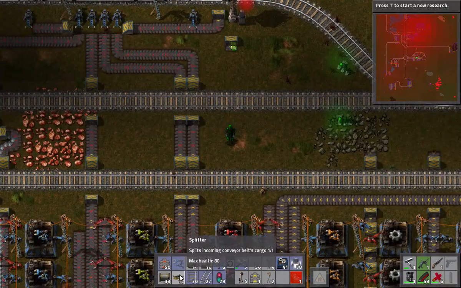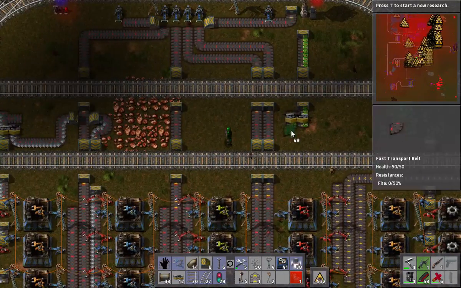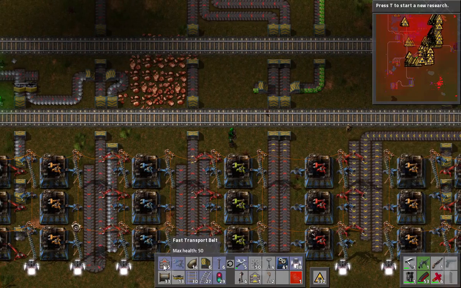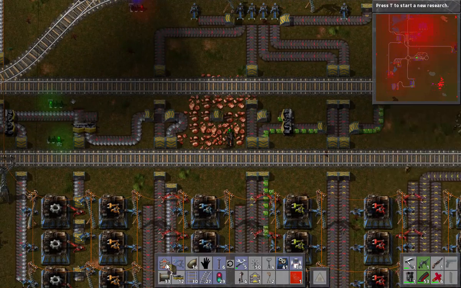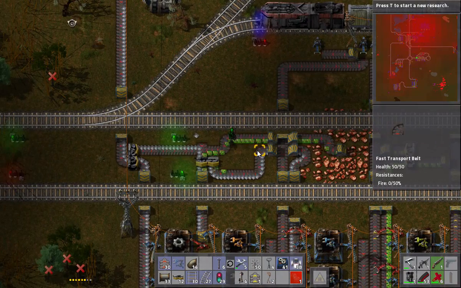Okay, let's see. Going down, adding a splitter to make sure that stuff works, since we need them at a different place as well. And then I decided, well, actually, let's do it differently. Okay, we split them off since we don't need iron plates for the smart inserters. And connect them up. Tons of little circuit,